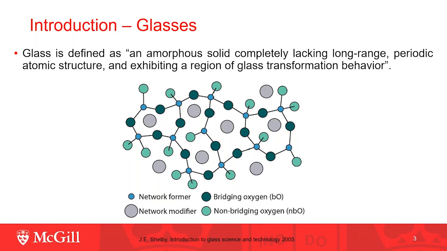Glasses are often made of oxides, including network former and network modifier. The network former is the oxide that forms the highly cross-linked network of chemical bonds. The network modifiers are the oxides that disrupt the network connectivity and influence the final properties of the glasses. The structure of the glasses is also represented by the number of bridging oxygens and non-bridging oxygens. Bridging oxygens are the oxygens that link the network polyhedra. The non-bridging oxygens are those oxygens that don't link to the network polyhedra.